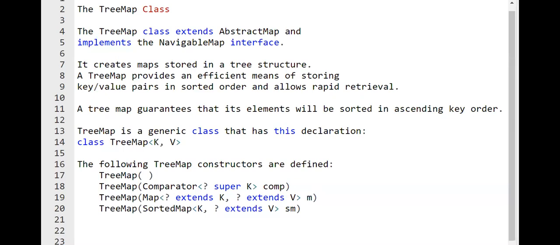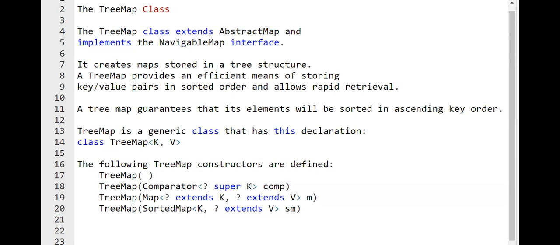So a tree map class will extend the abstract map and implement the navigable map interface. So it creates a map which is stored in the tree structure. So tree is a most efficient way of sorting objects, just like how priority queues work or the binary search tree.